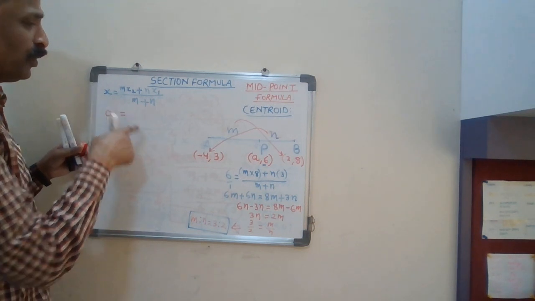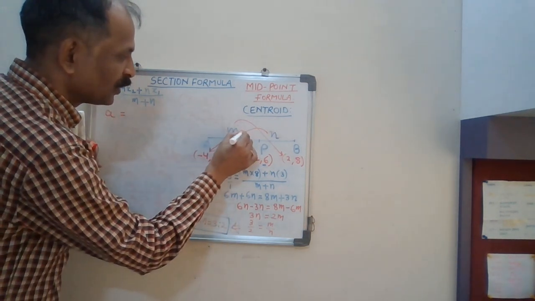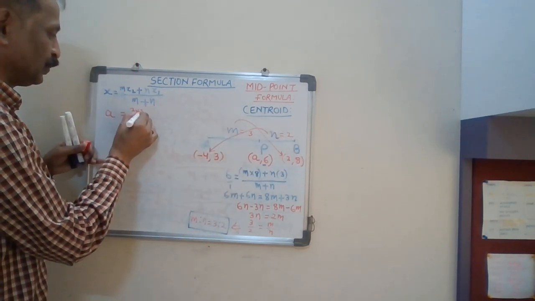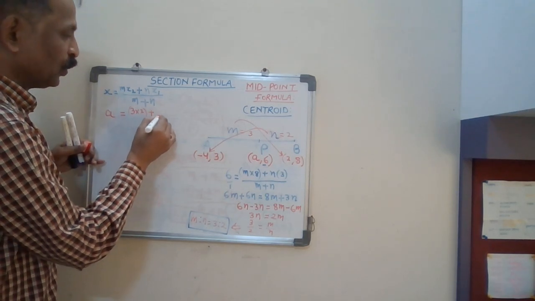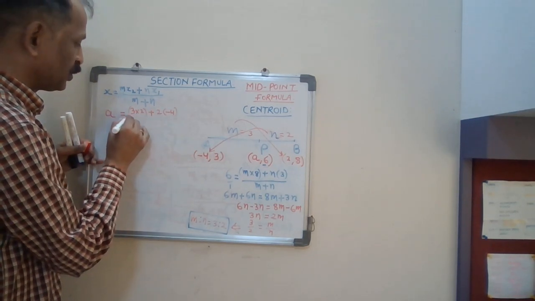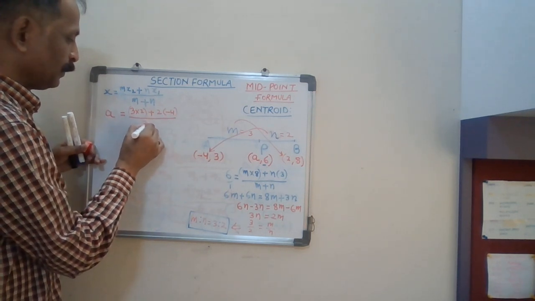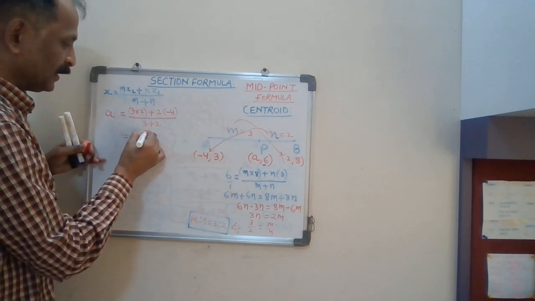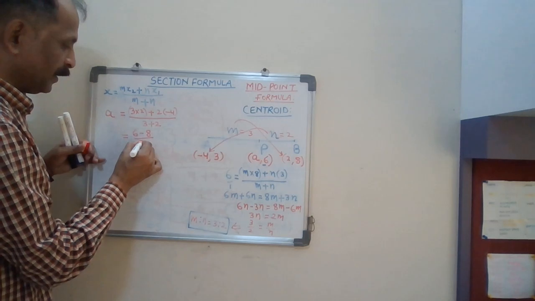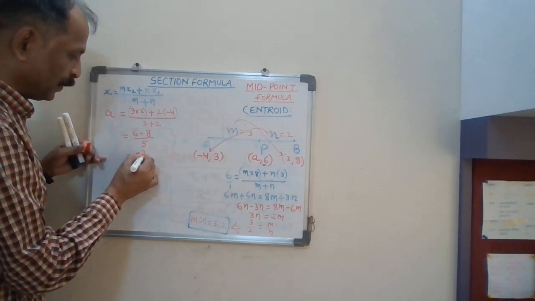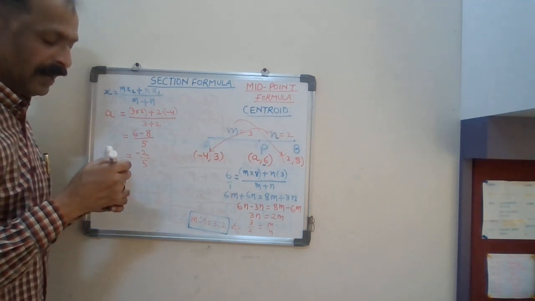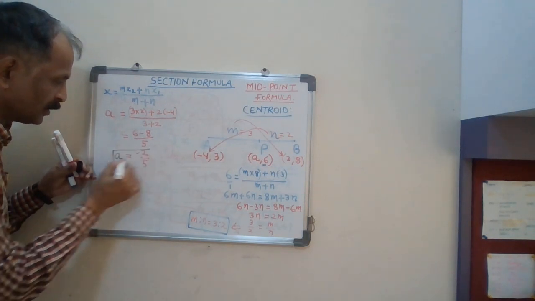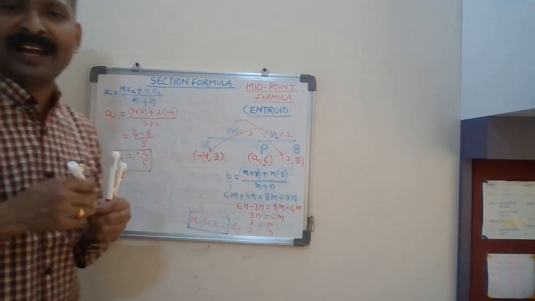Now for a, what will you do? Because you already got 3 and 2. So 3 will go with 2. So 3 into 2 plus 2 will go with minus 4. See, I am using brackets, so you will not make a mistake of sign. And 3 plus 2. So when you multiply, you will get 6 minus 8 upon 5, which gives you, line below line, minus 2 upon 5. Please remember, the important thing is the sign. So a equal to minus 2 upon 5. I hope you are getting it. I have given you the variety.